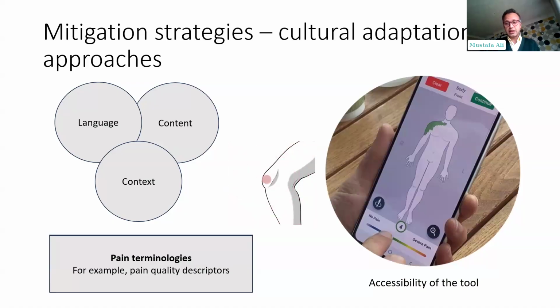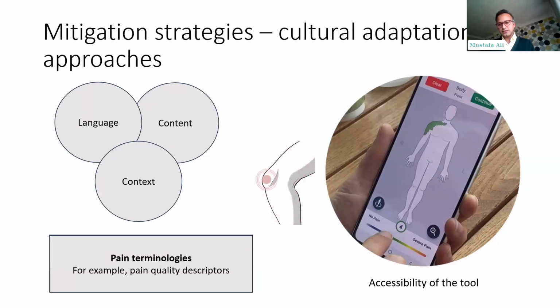And the last important bit is context. I would say the context is the most important bit, because if you want participation from the community, and if you are thinking about that group which is at the highest risk of the inequities, you need to think about the context in which they would be comfortable. So for example, if we are talking about their participation in research, so that they could tell us how this tool should be developed further, then we need to think about the context. So how we are inviting them into the study, what resources we are using, and for that, what we have learned.